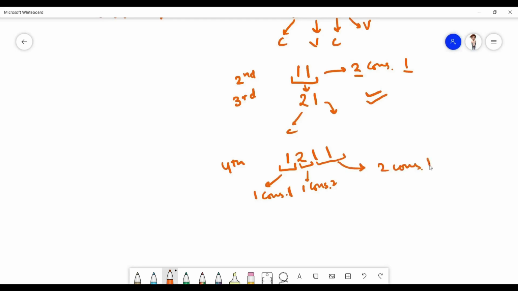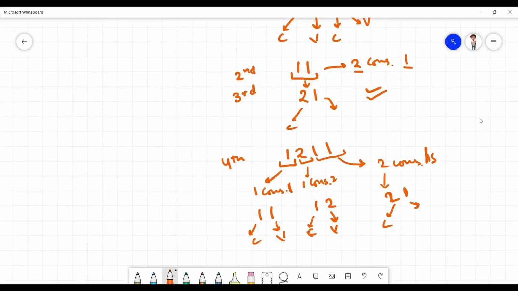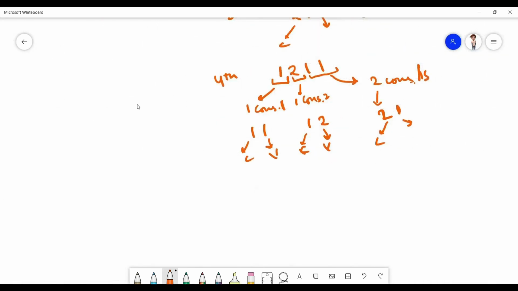So one consecutive 1 is here, this means 1 1. One consecutive 2 is here, it is 1 2, because this is the count value and this is the main value. Similarly for this case we have 2 and 1, count value, main value. So finally, the fifth term according to our approach is 1 1 1 2 2 1.